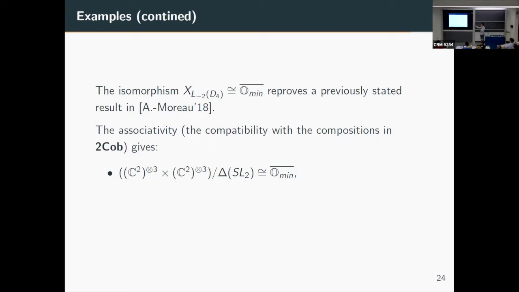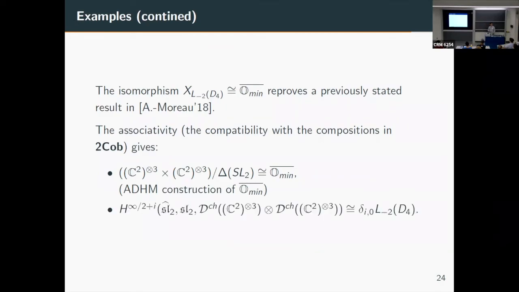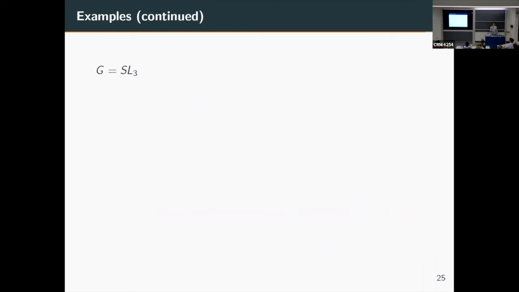And for symplectic variety, this is a statement like this, which is an ADHM construction of the minimal nilpotent orbit closure. And for vertex operator algebra, it is this kind of isomorphism. So the compatibility with the composition of two bordisms gives a family of non-trivial isomorphisms of symplectic varieties and vertex operator algebras. And for SL3, as you can guess,